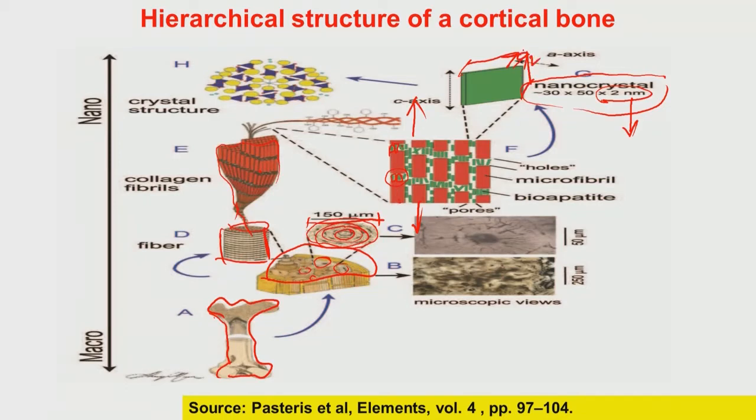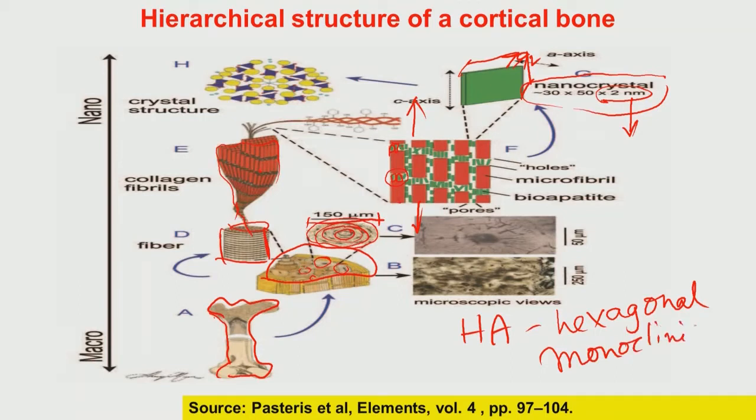Okay. Now, if you are from a material science background, hydroxyapatite can exist in a hexagonal structure, and hydroxyapatite also exists in a monoclinic structure. So, these are the two possible structures of hydroxyapatite. Now, hydroxyapatite has a stoichiometric composition of Ca10(PO4)6(OH)2, but this is a stoichiometric composition, but the bone